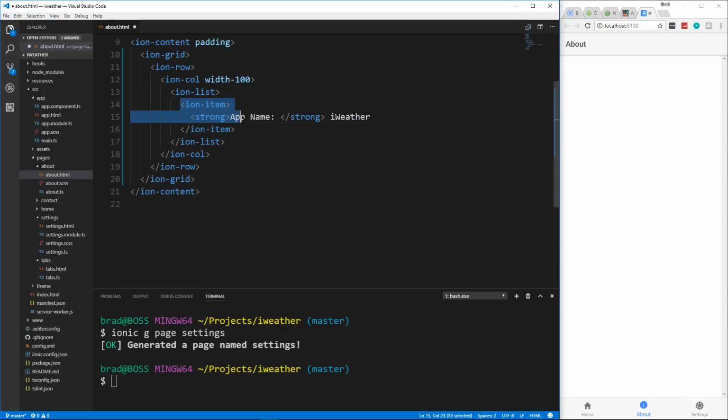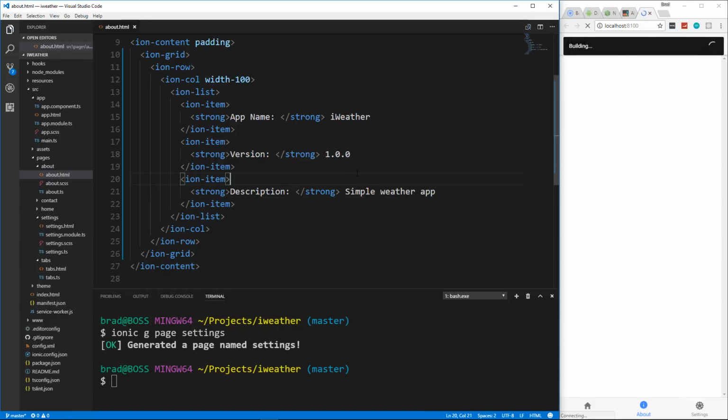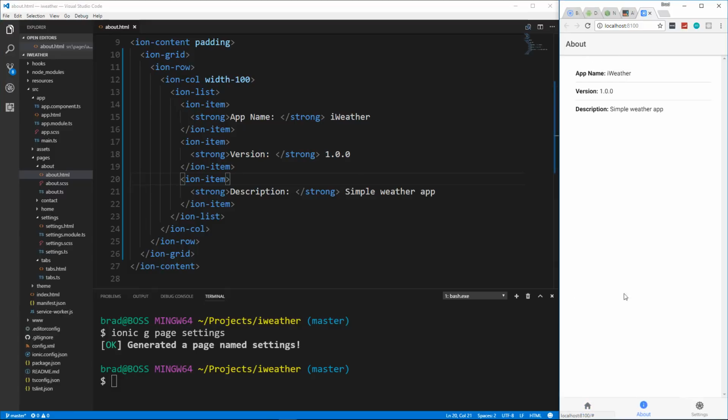and I'll just copy this item here. We'll paste in 2 more. So app name, let's do version. So version is going to be 1.0.0, and then we'll do description. And we'll say simple weather app. Let's save it, and then it should automatically regenerate, and now you can see we have our data here,